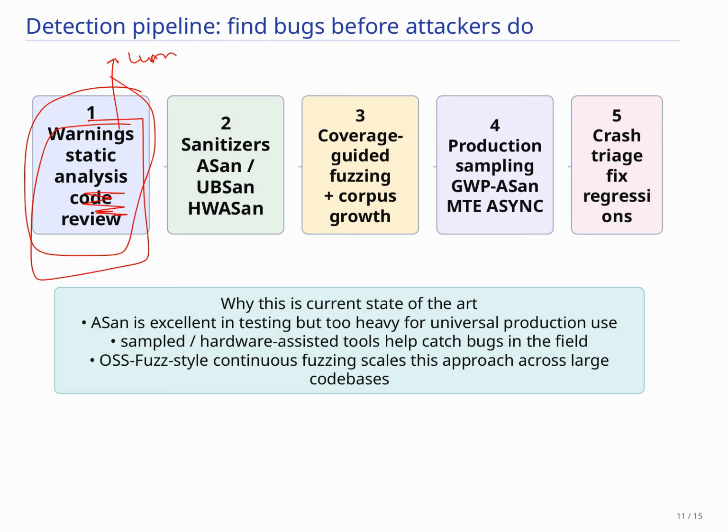So I believe they are all being run, and sanitizers like ASan are actually used. It's excellent in testing, but too heavy for universal production use. When these ASan techniques, sanitizers, are linked into running code, they prevent buffer overflows by protecting the special buffers. Again, fuzzing is mostly used, OSS-Fuzz style continuous fuzzing